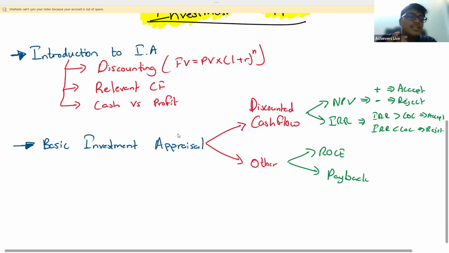What is the decision rule for ROCE? If your project's ROCE is greater than the target ROCE, accept. If the project ROCE is lower than the target, reject. Simple as that. Advantages: quick calculation, it is a relative measure, it gives a percentage that is easy to understand, and it looks at the entire life of the project. Disadvantages: we are not taking into account the time value of money, we are not using cash flows but profits, it is not an absolute measure, and there is no proper investment signal. These should be in your head.